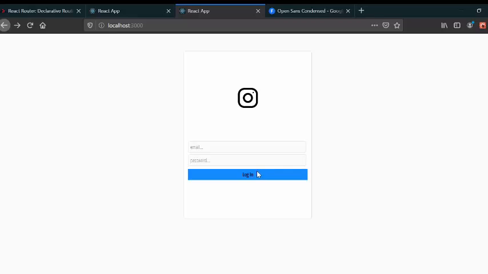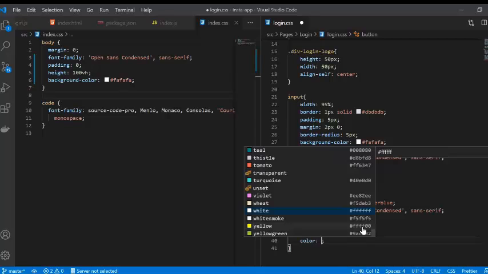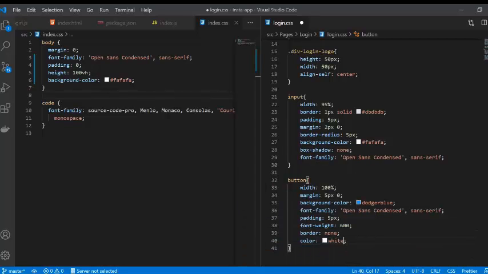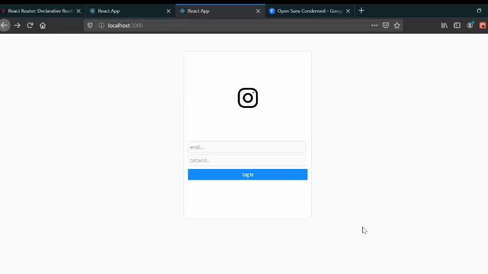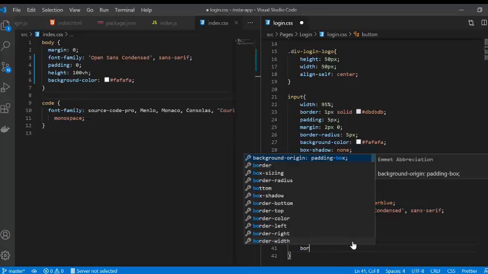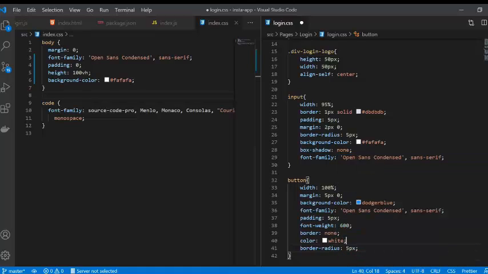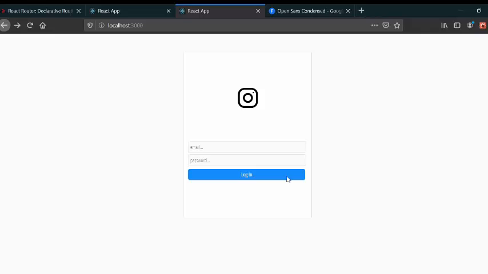Yeah, this looks good. And also the color, let's make the color white, and also the border radius to be 5 pixel. Maybe 98% is sufficient for this part. Yeah,